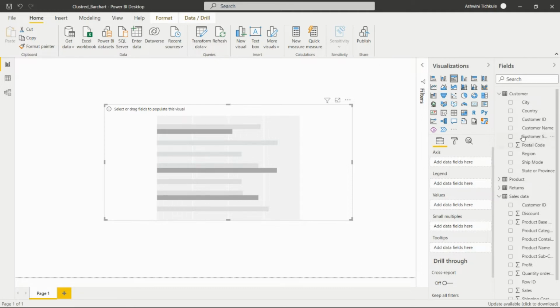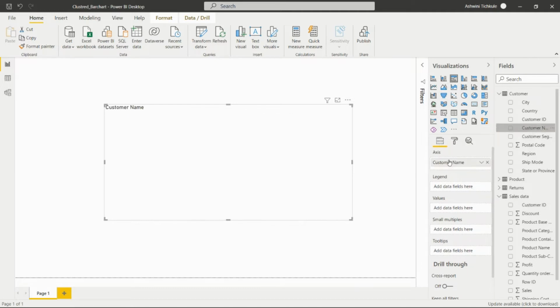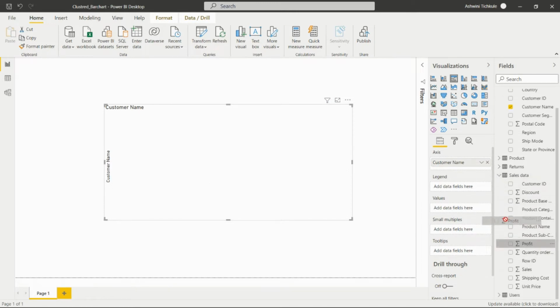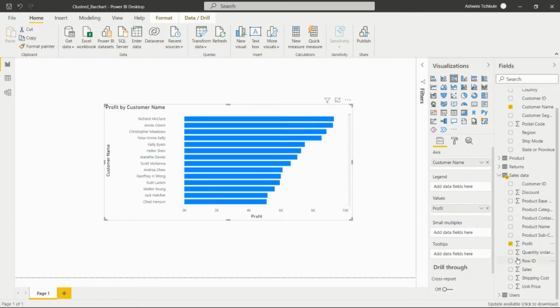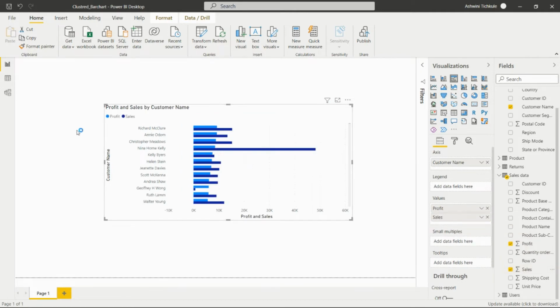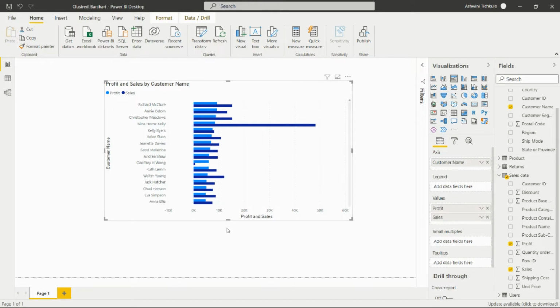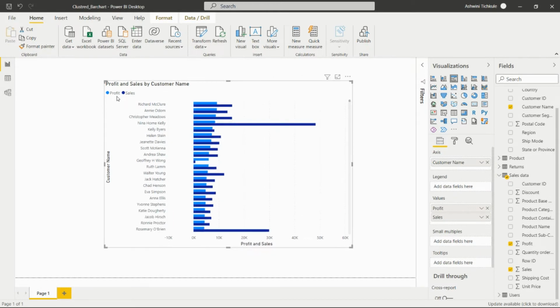So let's take the customer name in the axis, and let's take the profit and sales in the values. Okay, so we can see here we have the profit and sales by customer name. From here we can analyze the profit and the sales for each customer.